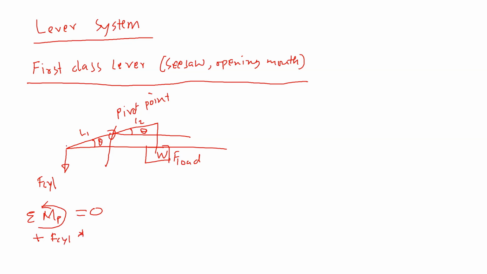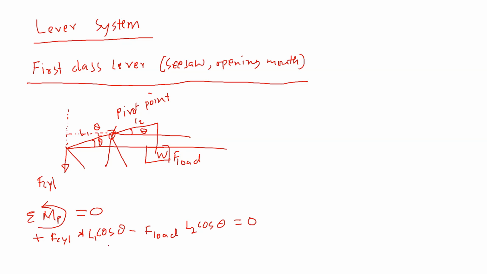Now to calculate moment, we need to find the shortest distance, in this case this one. So if this is theta, this will also be theta. So if this part is L1, then this shortest distance will be L1 cosine theta. And then with respect to this point, the load will make a clockwise moment, which is negative. So minus F load, and the shortest distance will be L2 cosine theta, and that's all we have,